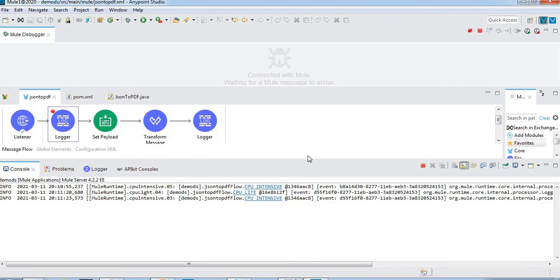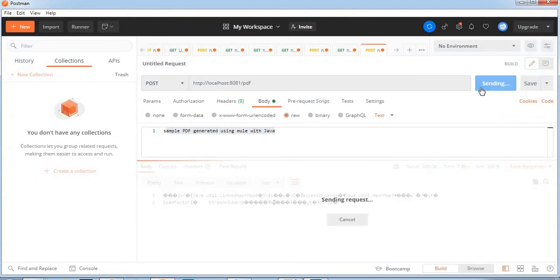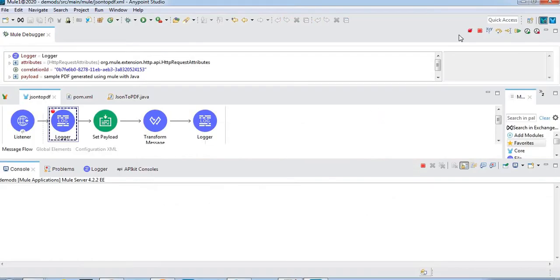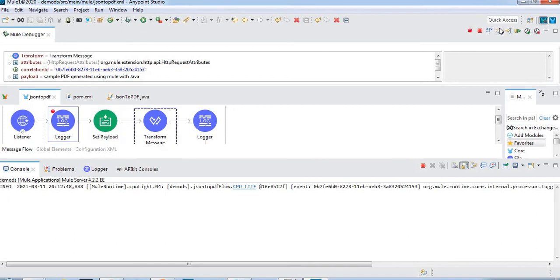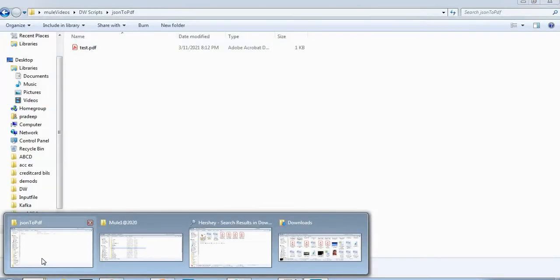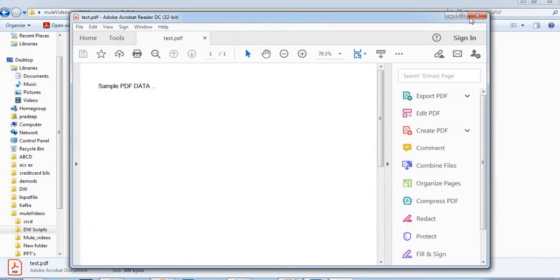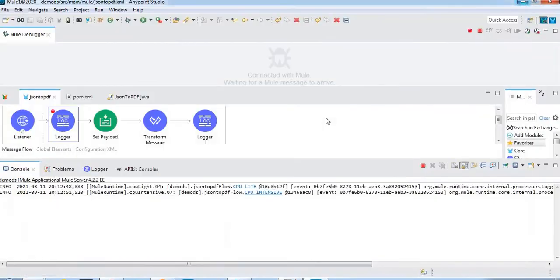I think it's not saved properly, I used the keyboard, that's why. Okay, let me make one more request. I think it's not redeployed properly, it seems. So it's not redeployed properly.